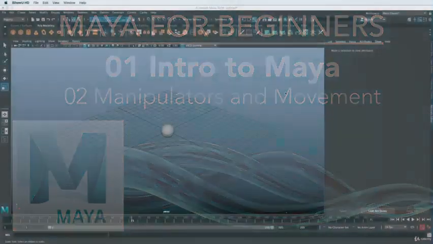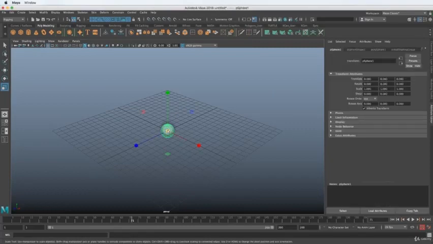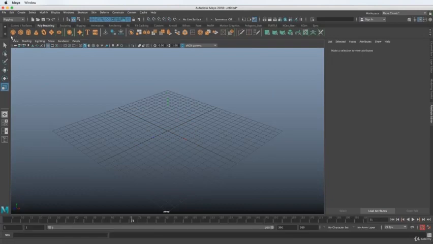Welcome back, and let's quickly cover how to move things around in Maya. There's a couple things to understand, especially in 3D, that are important, so let's jump right in and cover that. From the previous lesson, I still have the sphere here. If you don't have that, I can just delete it,